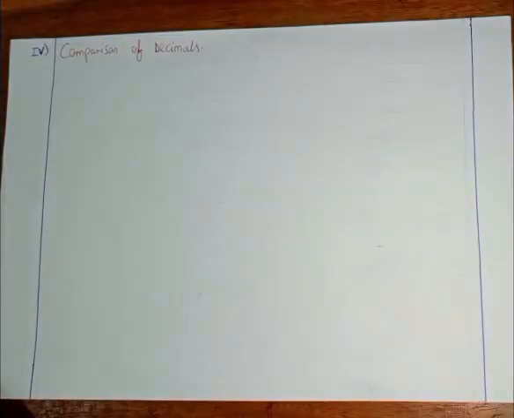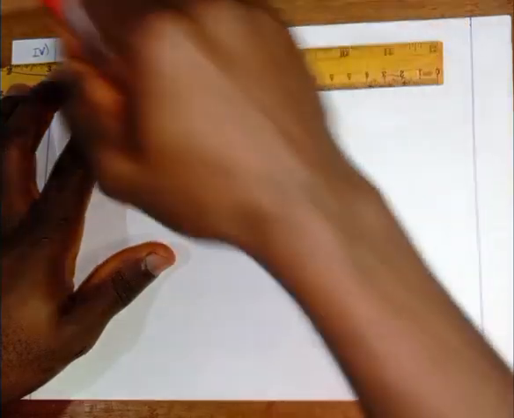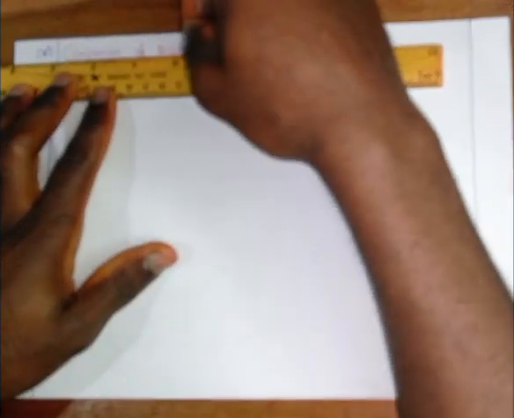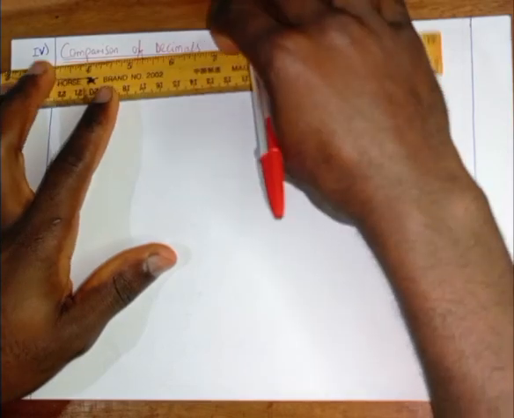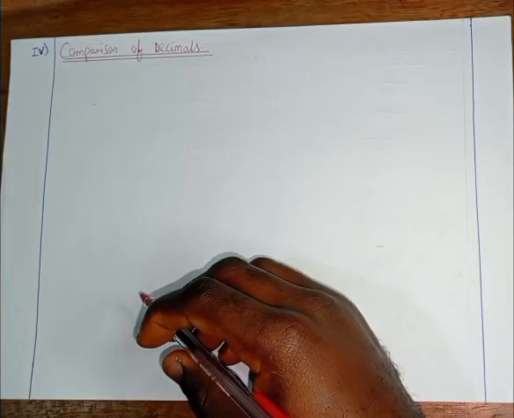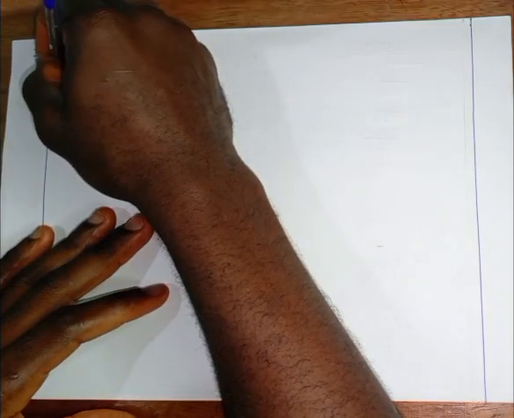That means we can be given 2 or more decimal numbers for us to compare them, for us to know which one is bigger or which one is smaller. Or we can be given decimal numbers for us to arrange them in ascending order or in descending order. We write this down: